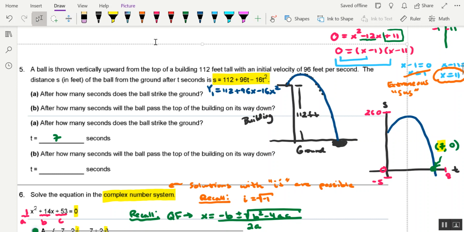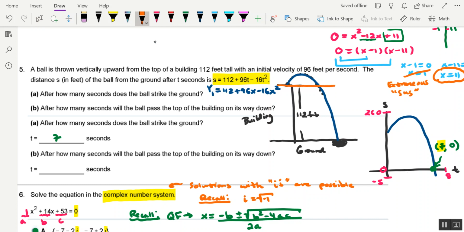Now for part B, it says, after how many seconds will the ball pass the top of the building on its way down? Well, there is a point for which that happens. If we imagine drawing a line from the top of the building to the trajectory, this is the point that they're referring to in question part B. Now in terms of a graph,